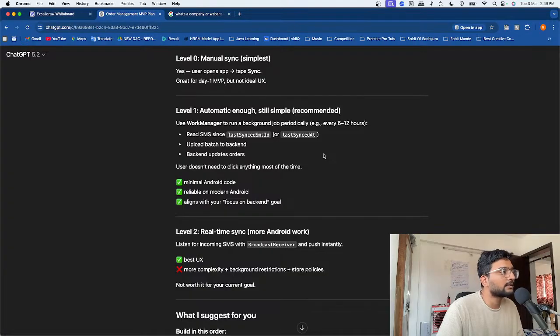Read SMSs. 6 to 12 hours, यार बहुत ज़्यादा टाइम नहीं हो जाएगा. Read SMSs since the last synced SMS ID or last synced at. Upload batch to backend, updates orders. Users don't need to click anything, and most of the time it is minimal Android code, reliable on modern Android, aligns with